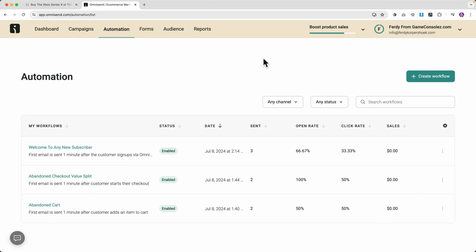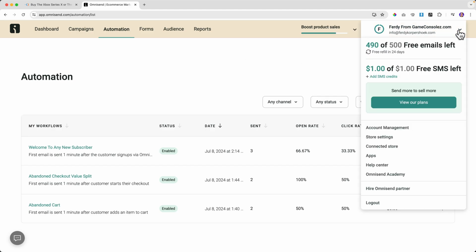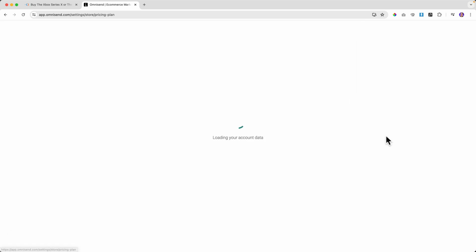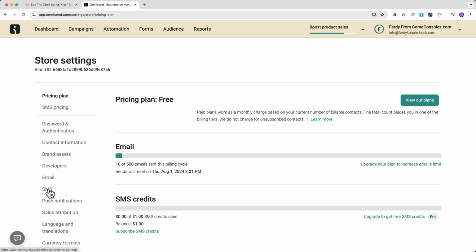So I've been primarily focusing on emails, but we can also send text messages. It's still working in 2027. Just kidding, it's 2024, but depending on when you watch this. So in order to set it up, we go over here to the settings of our account. Even if you have a free version, you can still have a few credits for text messages. So you can see if this is working for you. So I can go to store settings, and here, SMS.